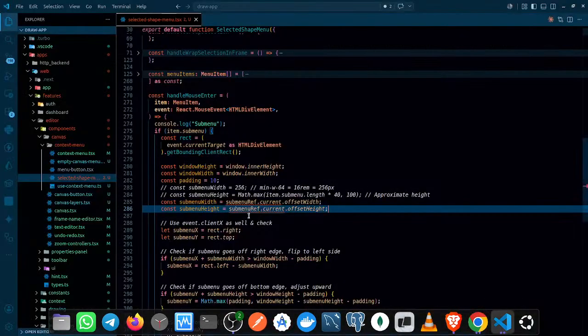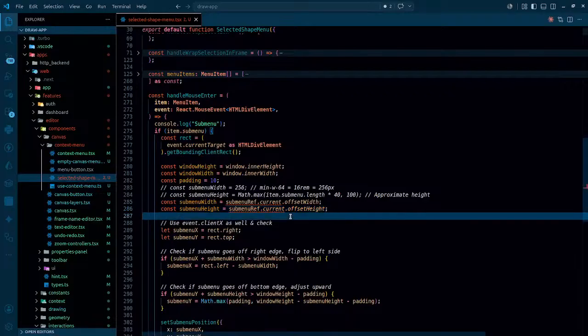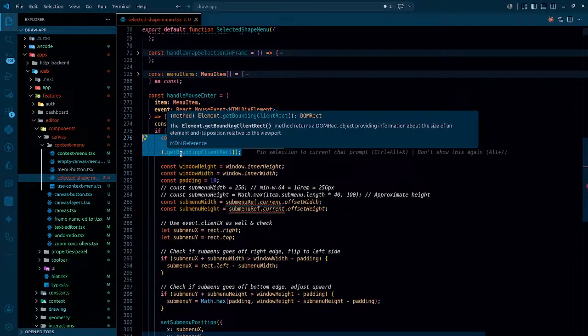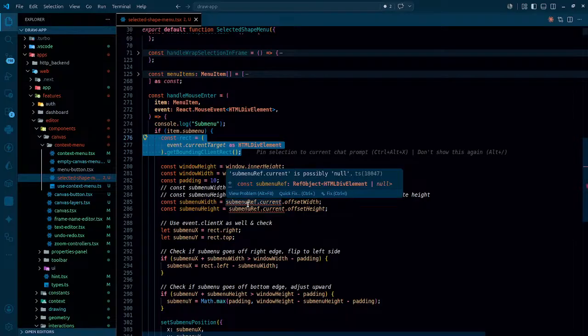To get the offset we need to have that, that is fine. So instead of depending on the offset, sub menu ref,